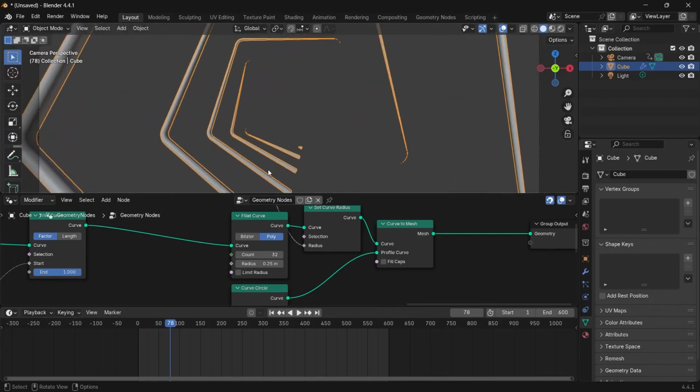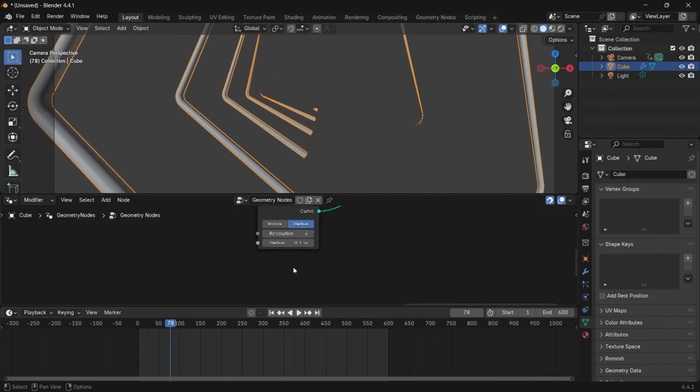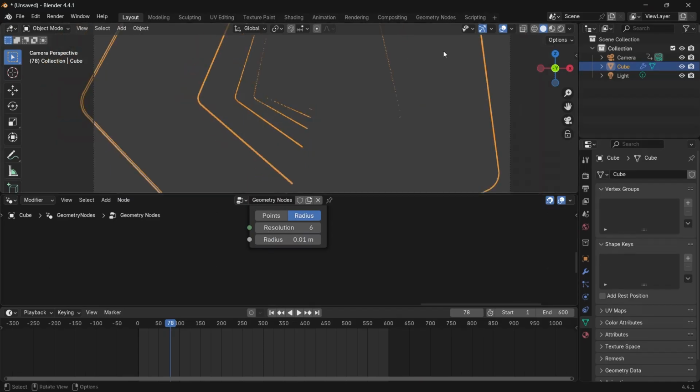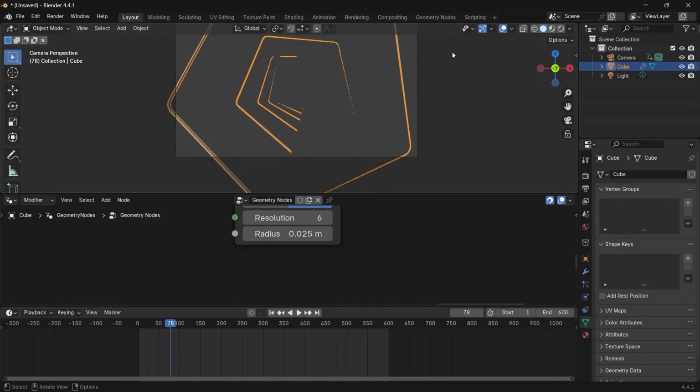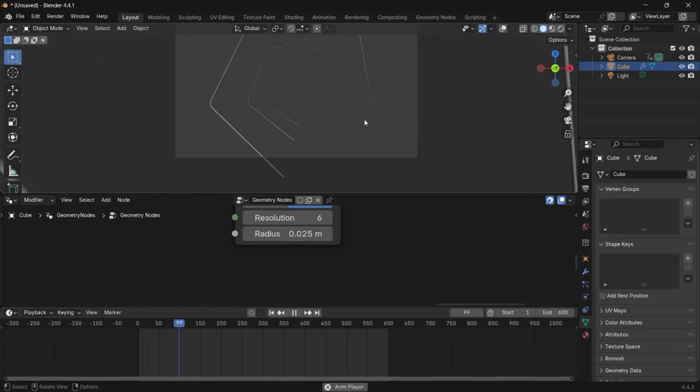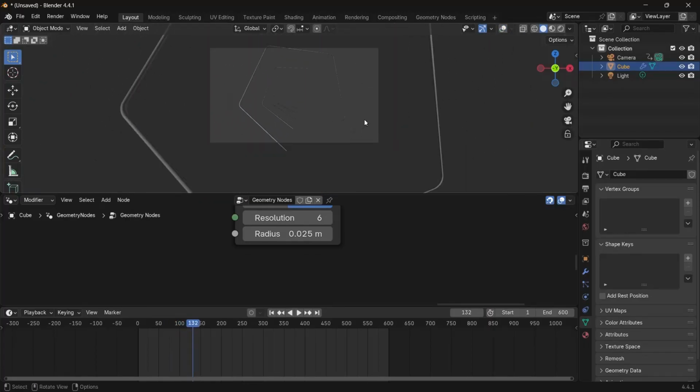However, I don't actually want this to be this fat either. So I'm going to change this radius down even more. Let's make it 0.01. And maybe that's too thin, so let's go with 0.025. Of course, this is your personal preference and a little bit of trial and error, but now we have something that's looking fairly nice. The next thing that we need to do is create a second version of this that